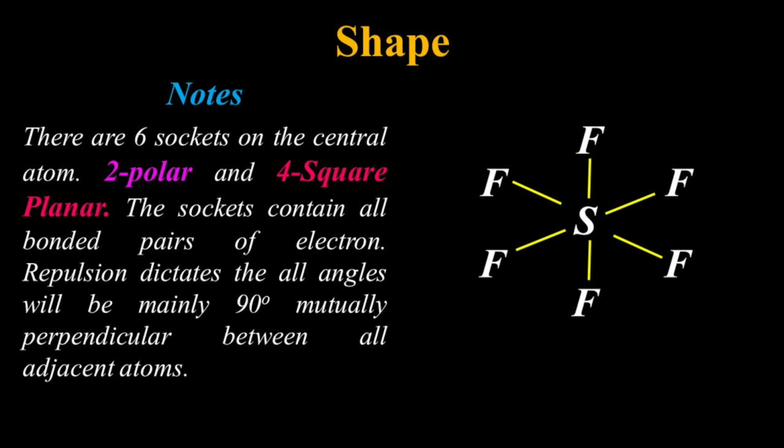So I have a note here. It says there are 6 sockets on the central atom, 2 polar and 4 square planar. The sockets contain all bonded pairs of electrons, so that's going to be important. Repulsion dictates that all angles will be mainly 90 degrees, mutually perpendicular between all adjacent atoms. So that will give you an idea of what the geometry must be, and that will come out clearly in